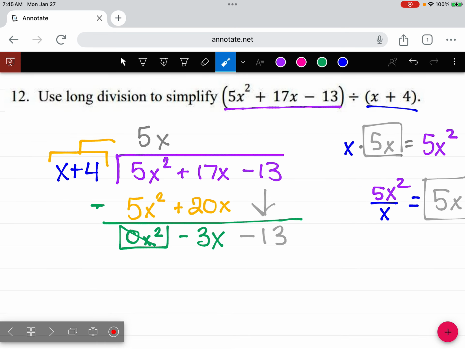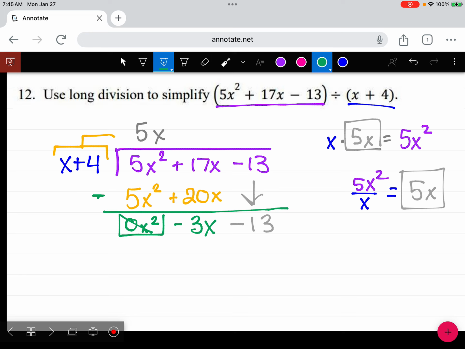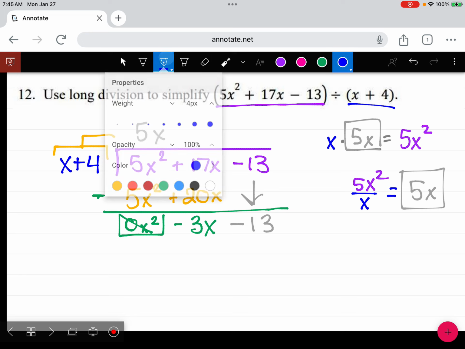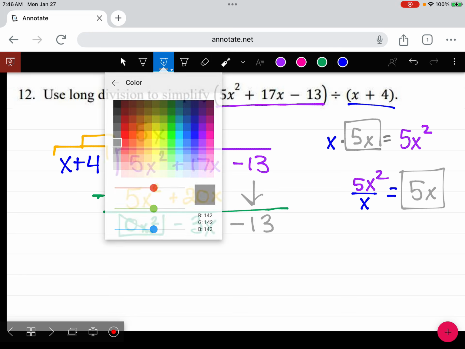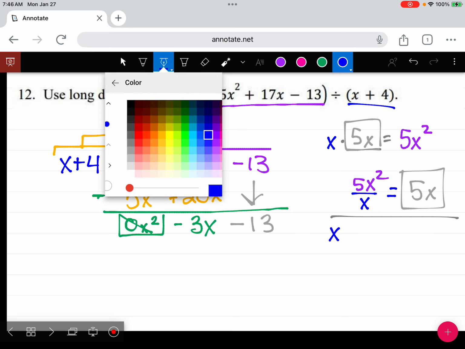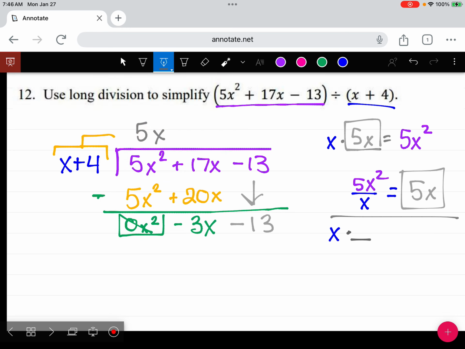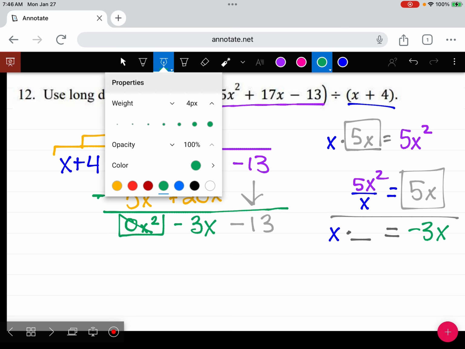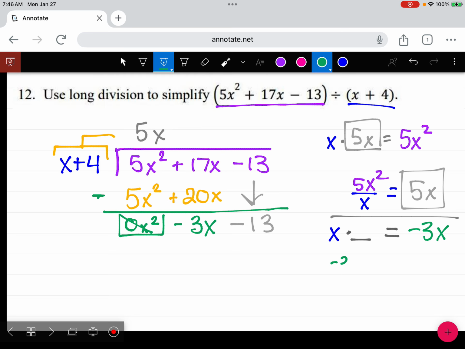All right, let's look at the next round, because that was cycle number 1. We get to do the whole thing again. I'm going to change colors. I want to know my blue x times what gives me that minus 3x. Or again, you can think of it as that minus 3x divided by x. Either way,